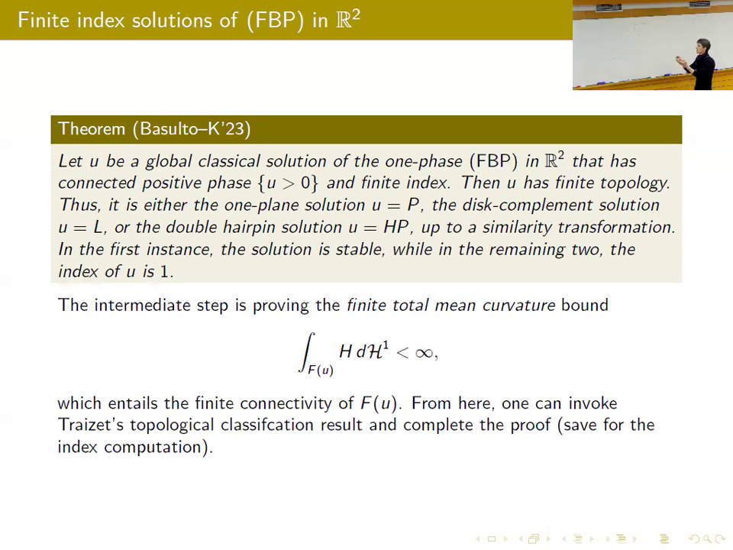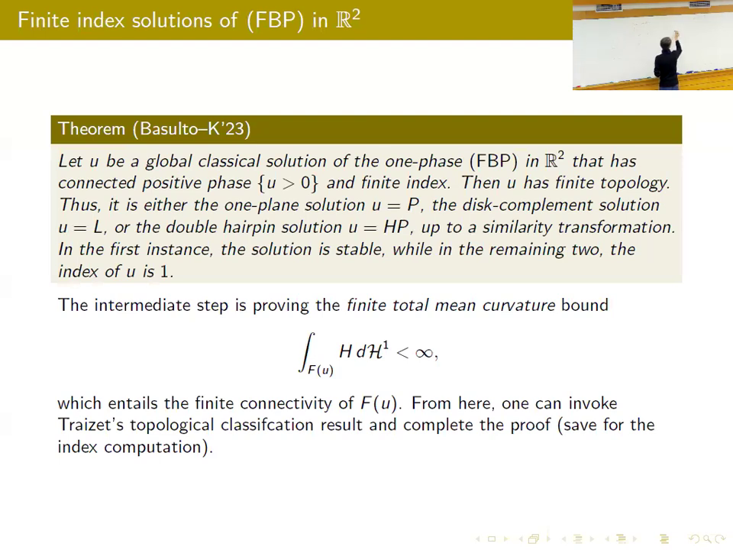Okay, so just like for minimal surfaces, the basic estimate is a total mean curvature bound. If you get a total mean curvature bound, you can easily get the finite connectivity of the free boundary. That's because in 2 dimensions, the mean curvature of a curve is just the curvature of that curve. So for example, in 2D,